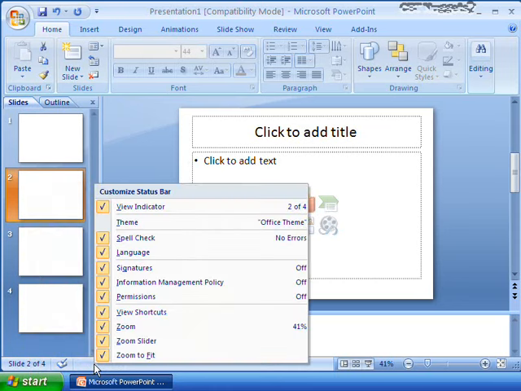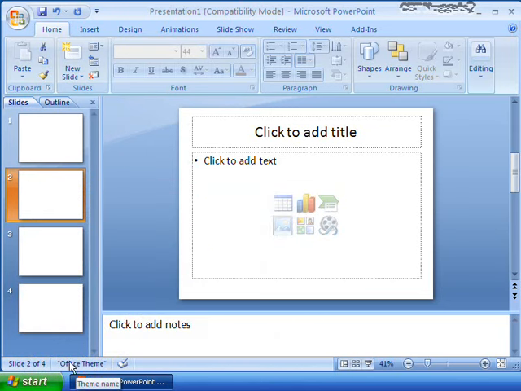If I want it back, I merely right click, click on theme, and now bada bing, bada boom, there it is, Office theme, all ready to go. So this has shown you your workspace and how you can use it. Now, the one thing I do want to show you for your workspace is something interesting, and that is the